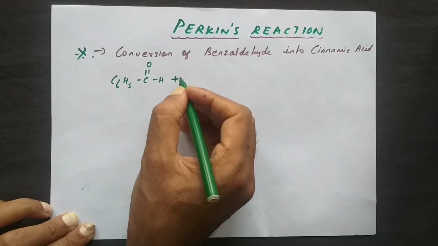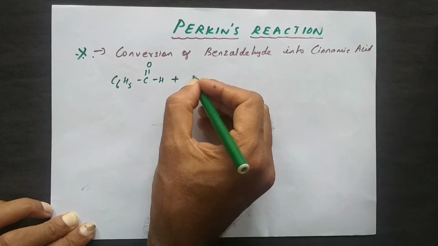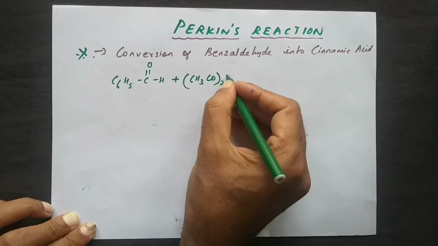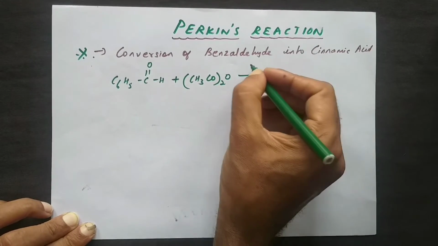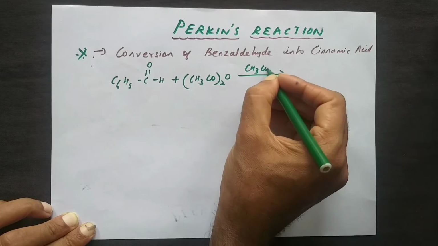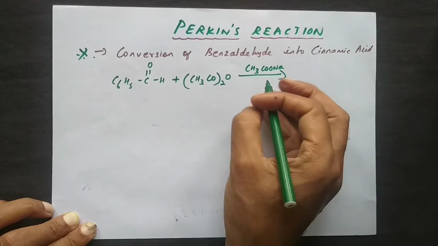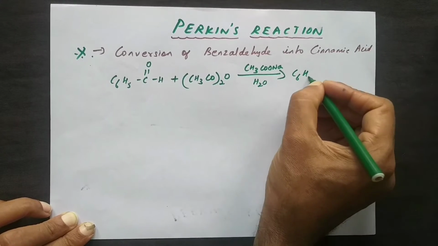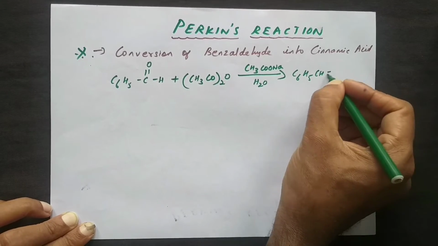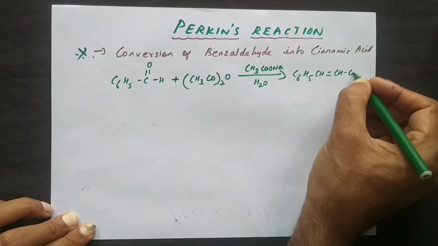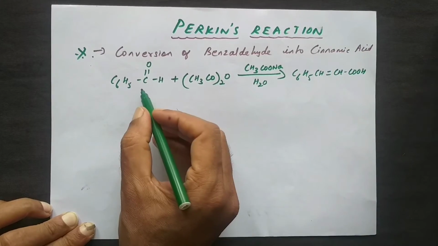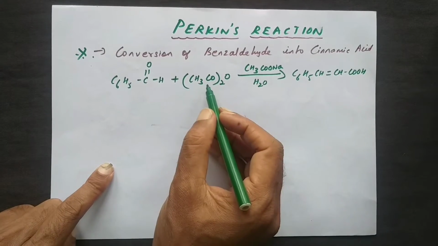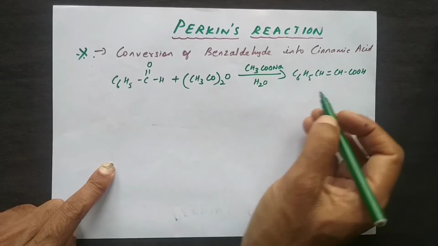This benzaldehyde is treated with acetic anhydride, which is (CH3CO)2O, in the presence of a base, which is CH3COONa, followed by hydrolysis. You get cinnamic acid. So when you treat benzaldehyde and acetic anhydride in the presence of a base, you get